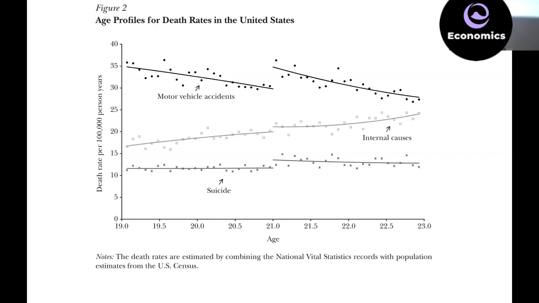The other theory says, well, maybe not. If you don't have a legal minimum drinking age, people might be rational enough to say, okay, I drank, but I don't drink and drive. Or there might be theory that says, even though you have this minimum legal drinking age, there might be other ways to get alcohol and get around the law. So in this research, they look at people's deaths per